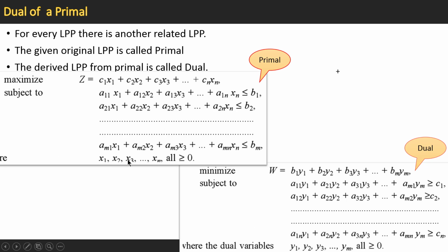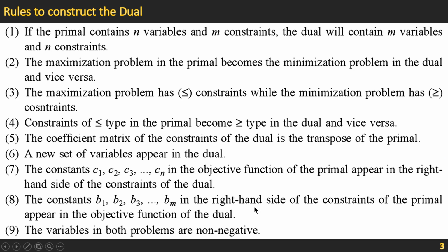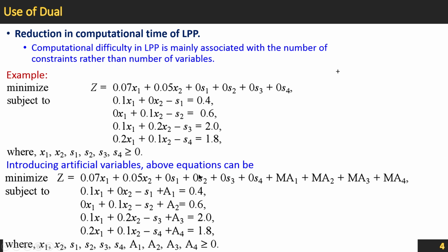Yeah, this is common because in a linear programming problem there is the condition that all the variables must be non-negative. Look at here, in the primal x1, x2, x3, in the dual y1, y2, y3, all the variables must be greater than or equal to 0 as mentioned here. So this is how it is constructed.